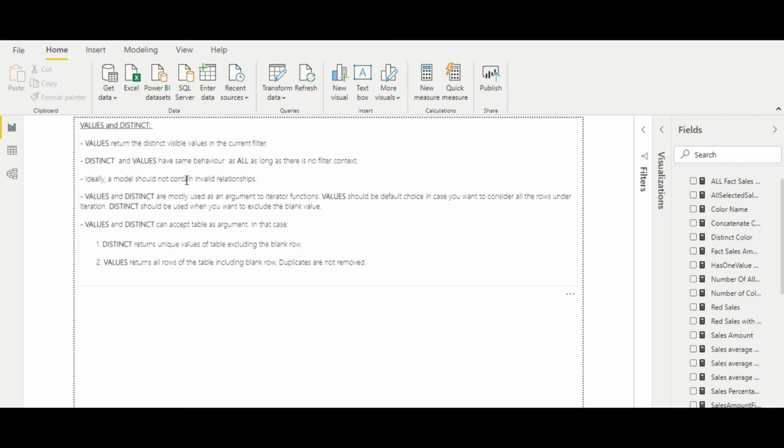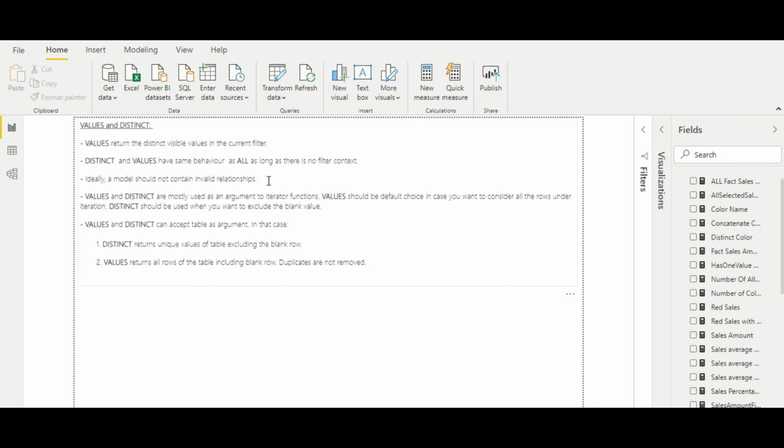Ideally, a model should not contain invalid relationships. If you remember, in this video we discussed earlier that I created one scenario deliberately and we created an invalid relationship between the dim product subcategory or product category and the dim product table. Due to that, a blank row was inserted in the dim product category and subcategory table to maintain the referential integrity.